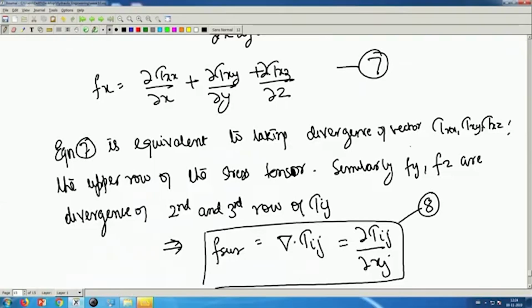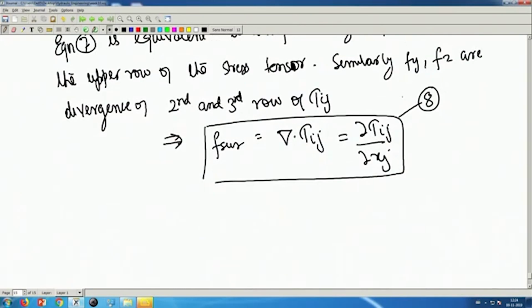Welcome back to yet another lecture of viscous fluid flow, where we are deriving the Navier-Stokes equation. Last time we left at this particular point where we derived that the surface force is the divergence of tau ij vector. So, proceeding forward from this point,